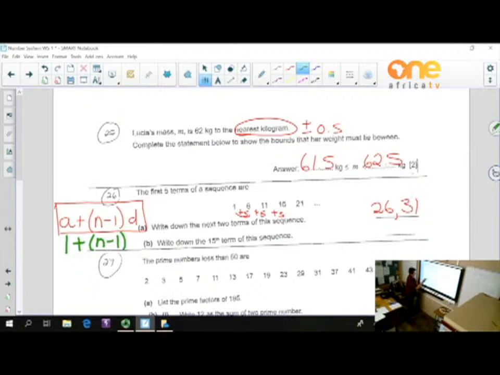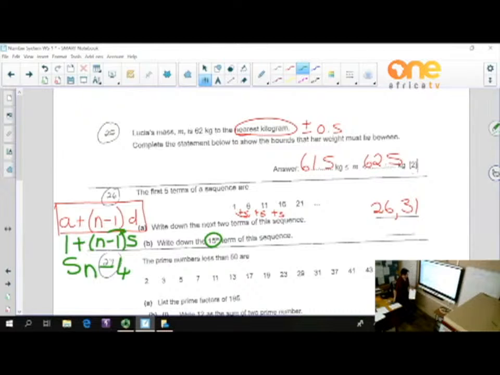And then d is the common difference, and that is the 5 that we have there. So we multiplied in, and then it is 5n plus 1 minus 5, which is 5n minus 4. If you now substitute this 15 in that,